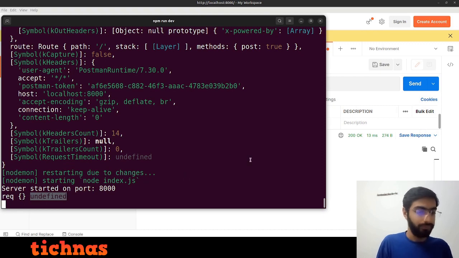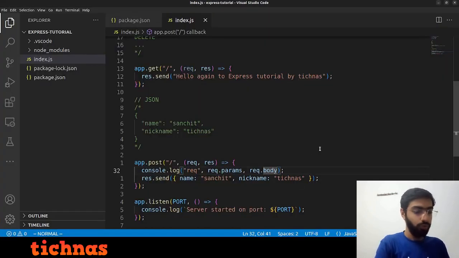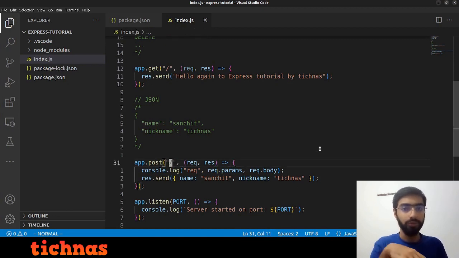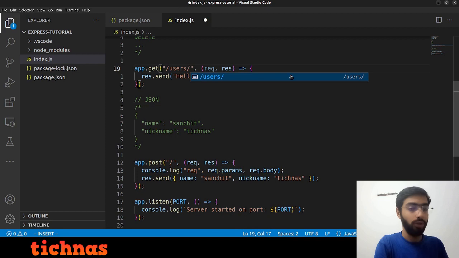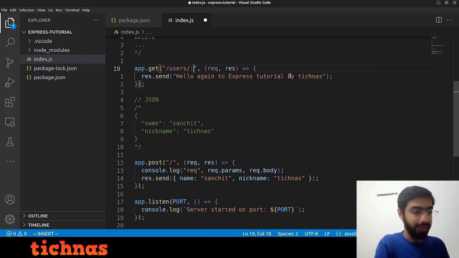Now what is params? Let's assume for now that this is not a post request, this is a get request, and you want to get the details of a user. So you would need to somehow give the ID of the user. Okay, so let's do one thing. In this get request, it will be /users/ and now we will give the ID in the URL itself. So we'll do :ID,